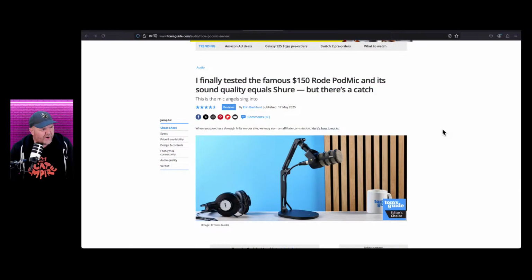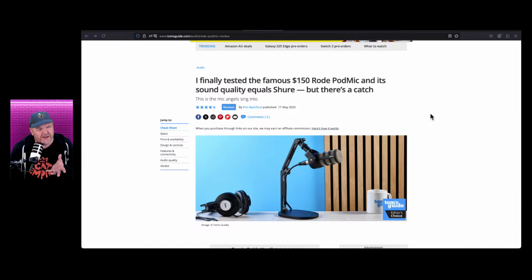Thought this was interesting. The Rode PodMic, the mic I'm talking to you right now, is definitely gaining traction. I see it more and more on the desks of not only those in the know, but kind of regular users. And I think the only thing that Rode missed with this, and this review says it, is that it doesn't have the USB feature.